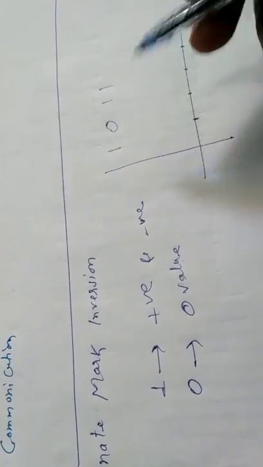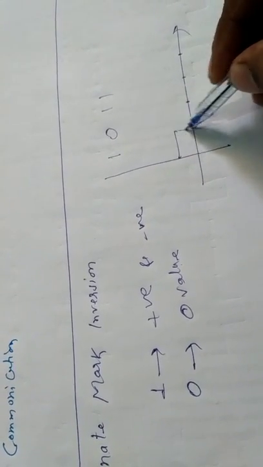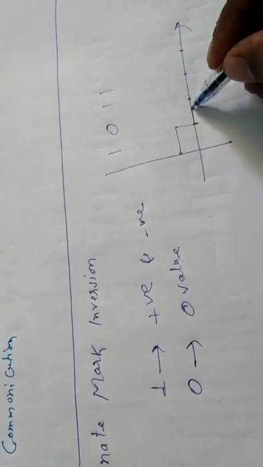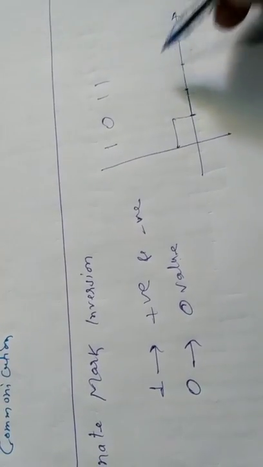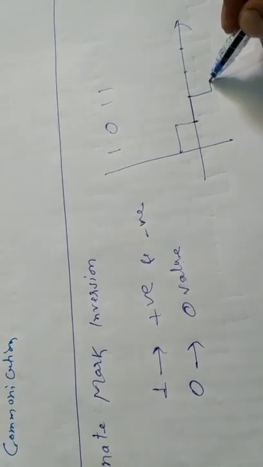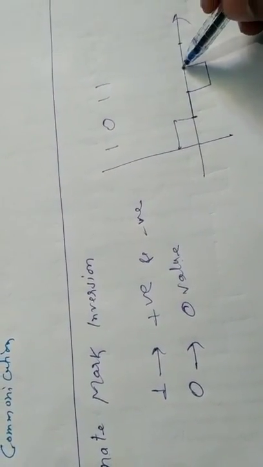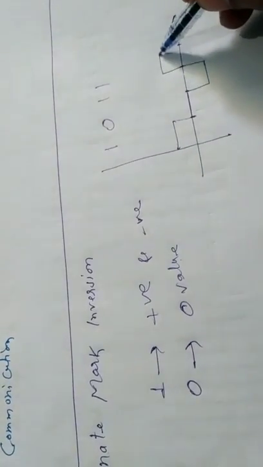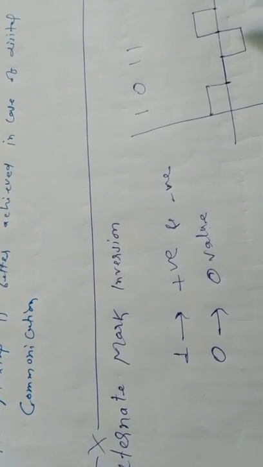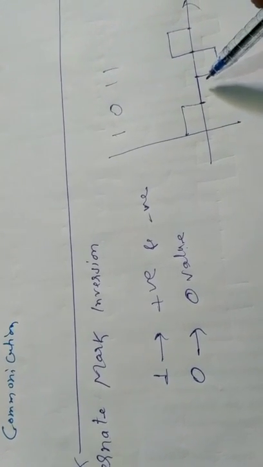For this first bit 1, we will have a positive polarity, and for 0 we will have 0, and for this next one we will have a negative polarity, and for the next one we will have a positive polarity. In this manner, what we have is